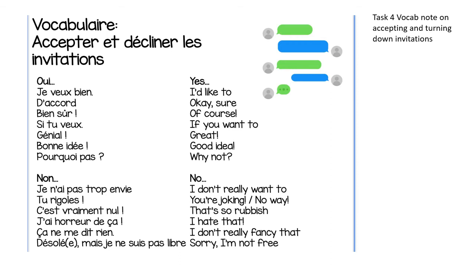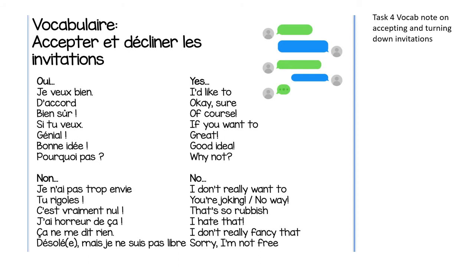Okay, so task 4 is vocab notes. So this is to be added to your blue jotter. You've got expressions that you can use if you would like to accept an invitation, and then some ones to say if you're really not up for it and you want to say no thanks. Okay, some of them are more polite than others. So the first half, the ones with the yes, oui, je veux bien, I'd like to, d'accord, okay, sure, bien sûr, of course, si tu veux, if you want to, génial, great, bonne idée, good idea,